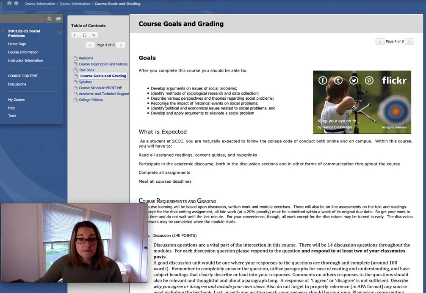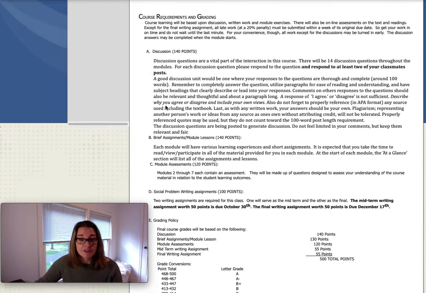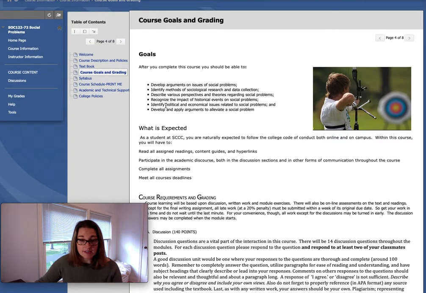Course goals. Grading is spelled out. The conversion of grading is spelled out. It is largely the same way it appears in the syllabus, but repetition is not a bad thing in my opinion. The syllabus is here,